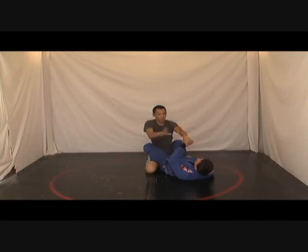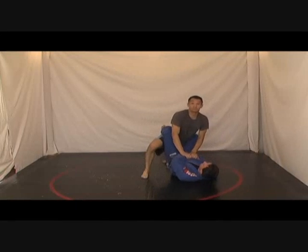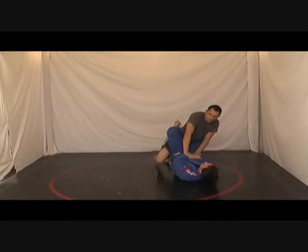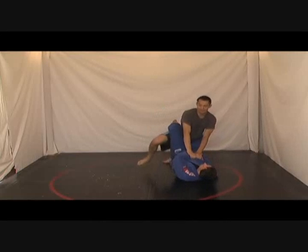So now both hands are over top. I'm just grabbing onto his wrist just like this. This is what I want. I want to go from here to this position so I can start to stand up and then start to pass his guard. Note that if I'm controlling his left arm, I want to bring my right leg up, just